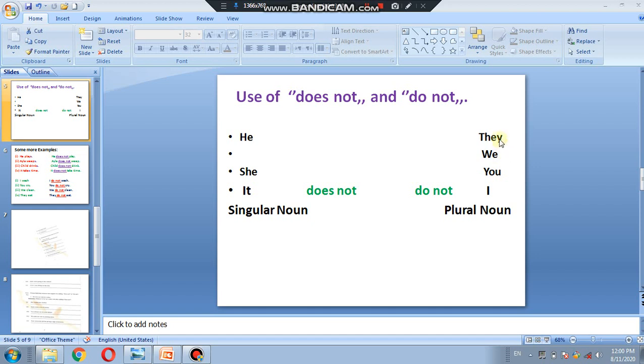And with they, we, you, I and plural noun we use do not. These are negatives of simple present tense. In first BMT you have done the simple present tense.